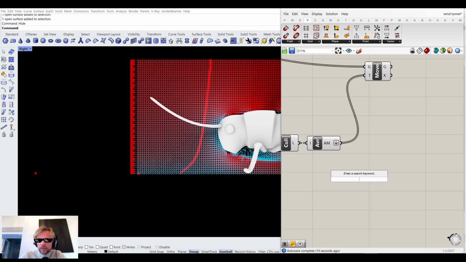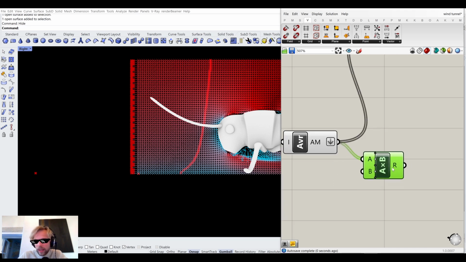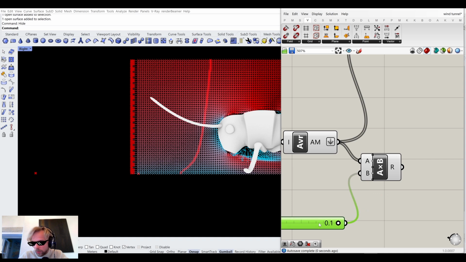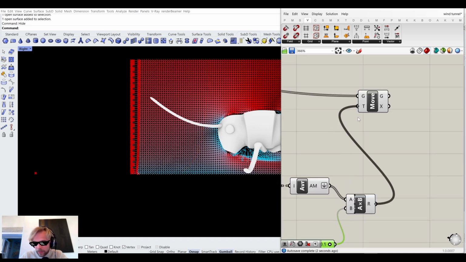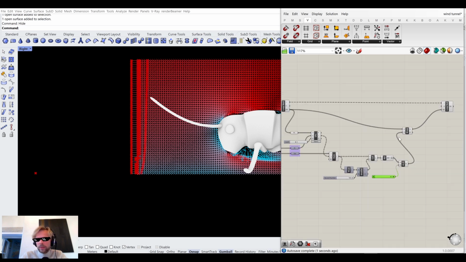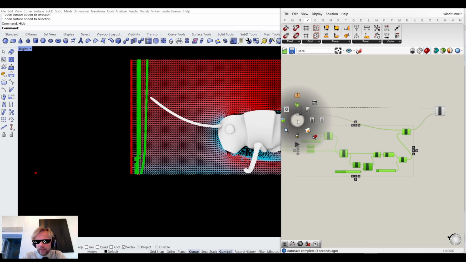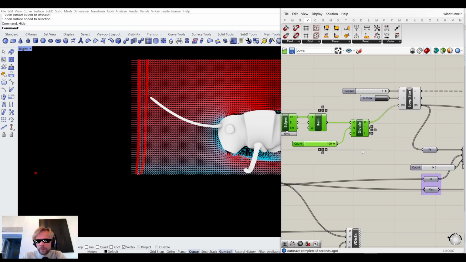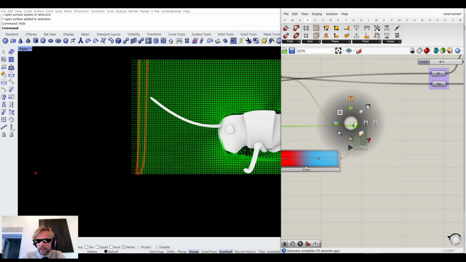So I will multiply the whole average vector by 0.1 so that it's 10 times weaker than it should be, and plug it in like so. So this should technically work. Let me hide everything